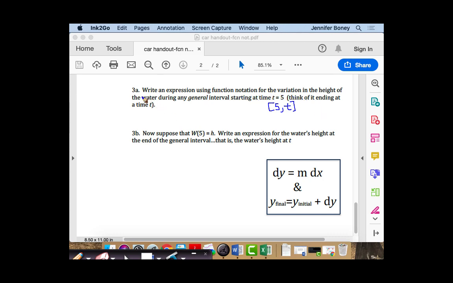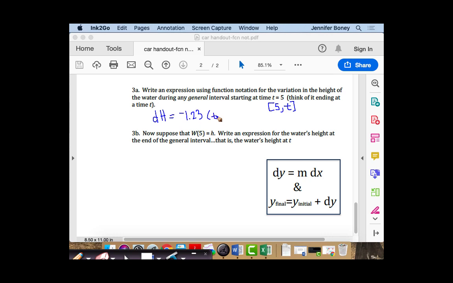So, like the previous questions, we're looking for the variation in the height of the water during this interval. Not what is the new height, but just the change in the height. So that change in the height depends on, well, m dx, right? That's our dependent variable that is changing by a multiple of the length of this interval. So negative 1.23 times what? T minus 5. For any value of t, wherever that might end, if I want to know final minus initial,